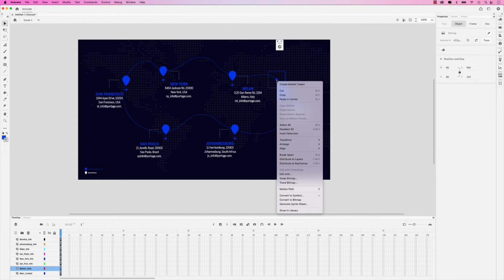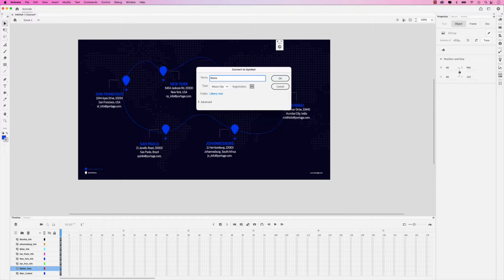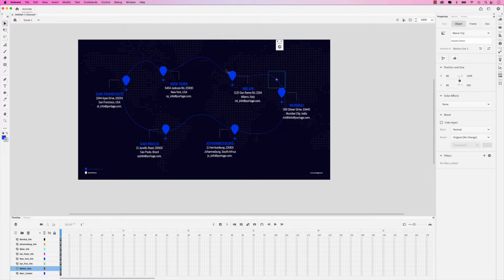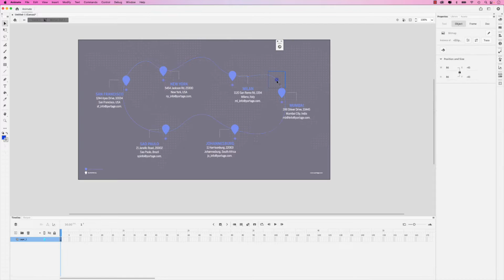So if I zoom out again, now we want to do the same thing to the second dot. So let's right click that and convert that to a symbol. And this will be called motion dot 2. Again, it will be a movie clip. I'm going to click OK. Now we have to copy this path one more time. So Command C, click on that dot,